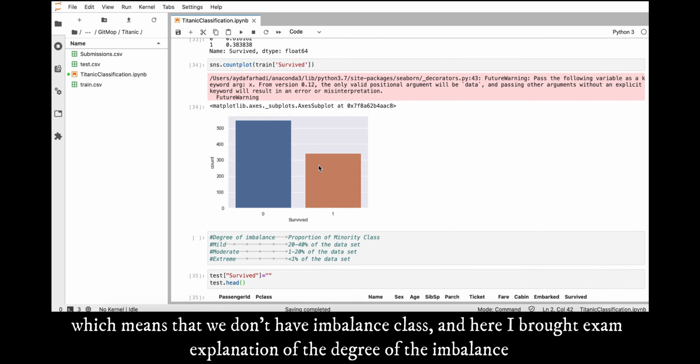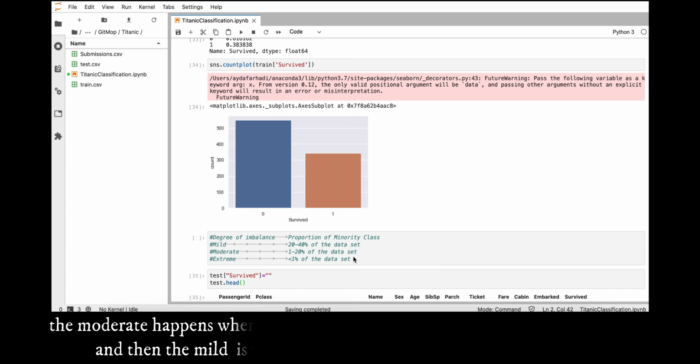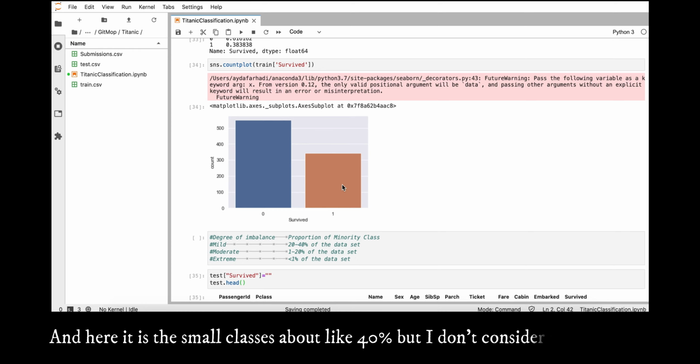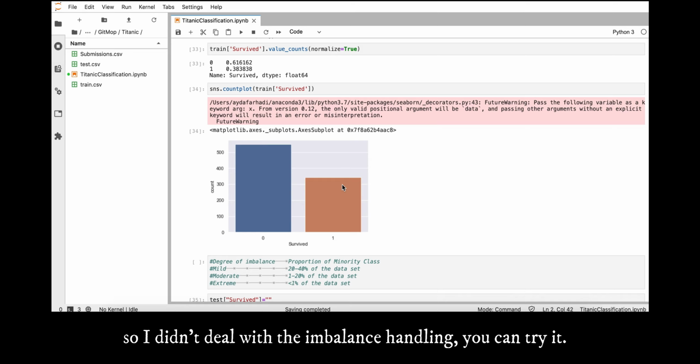And here I brought an explanation of the degree of imbalance. The extreme happens when the smaller class is less than 1% of the whole data set. The moderate happens when the smaller class is 1 to 20% of the data set. And the mild is when the smaller class is 20 up until 40% of the data set. And here, the small class is about 40%, but I don't consider it imbalanced, so I didn't deal with the imbalance